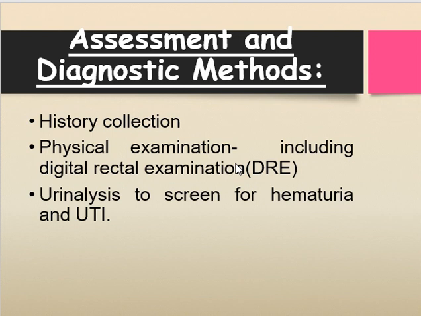Then regarding lifestyle, obesity, or if he has any past medical history like diabetes or heart problems, or even the medication history, you have to collect. We saw that the use of beta blockers is also found to be a causative factor for benign prostatic hyperplasia. So in history collection, you have to ask about everything we have seen in the risk factors and causes, whether the patient has any of these risk factors or was exposed to any of these causes at any time in his life. Next is physical examination.